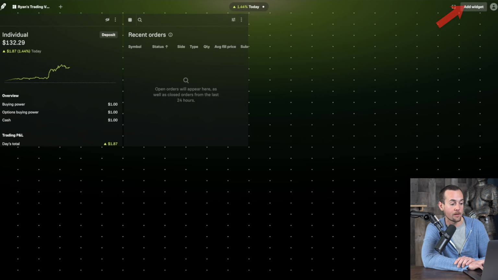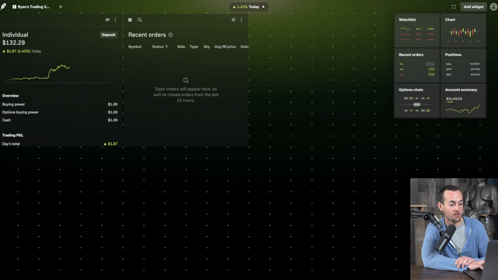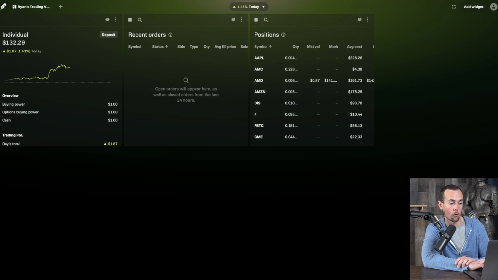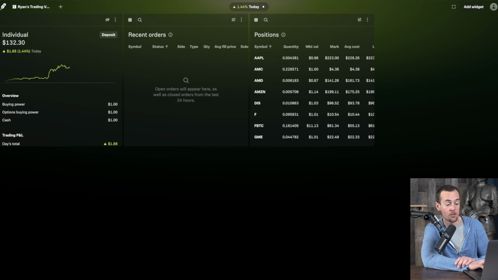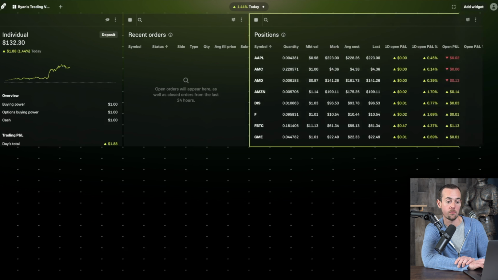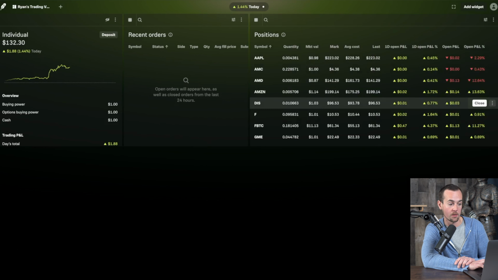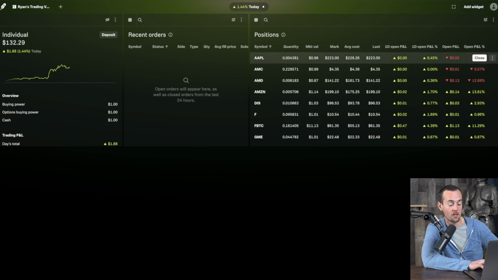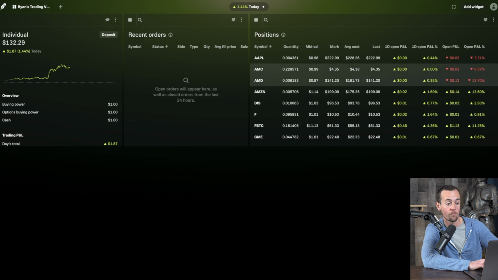We're going to click on add widget once again, and the next thing we're going to add here is a list of our positions. Now, for any of these widgets, you can also hover over the corner and make them larger, which I think is convenient here for the view of our positions. This is going to bring up a list of the positions in my portfolio, and you can click on the details here to sort. Right now it's an alphabetized view,